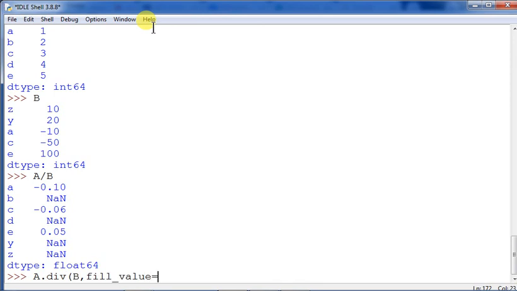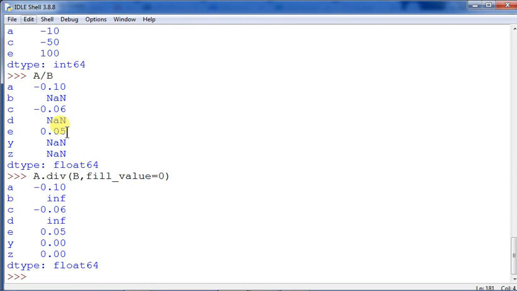INF will come in that case, because any division you do by 0 will show you INF in output. So you see out here, INF has come. Where you have divided by 0, the values are not there, so it has become INF only. INF means infinity.